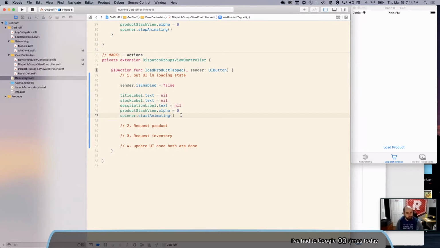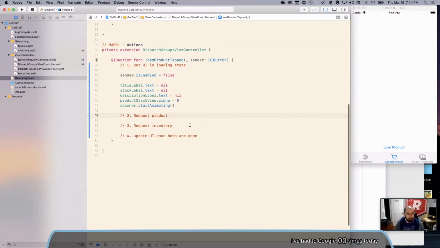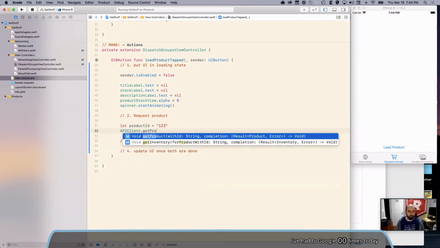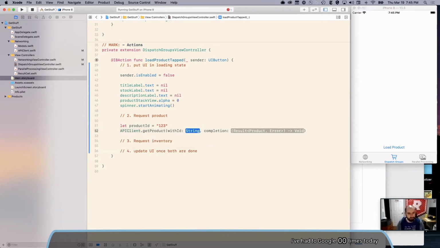And I'm going to start off with the sort of naive, all right, let's just start requesting things, and we'll see where we start to run into trouble. So I'm going to say the product ID we want to request is 123, and API client get, hopefully it would be like the product the user clicked on or something. So with ID, product ID, and the completion, call this result.